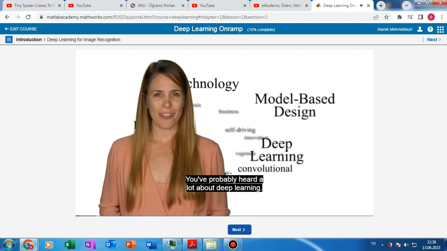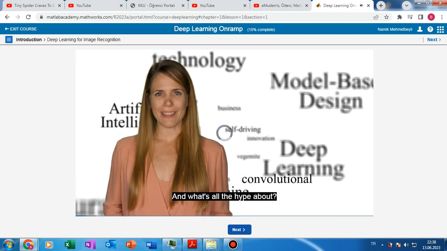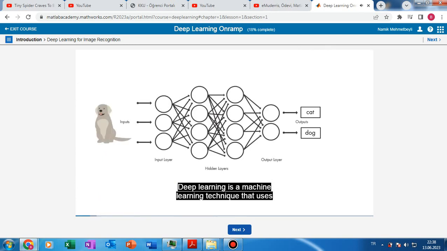You've probably heard a lot about deep learning, but what is it and what's all the hype about? Deep learning is a machine learning technique that uses deep neural networks, that is, networks with many layers, to make